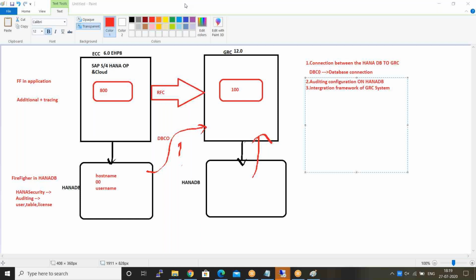Now I'll go through all the configurations in detail. Keep in mind these settings are the most important when you're doing a first-time configuration. Even the second time, whichever connections you have, you want to cross check them. Now I want to do firefighting. So where do you do firefighting? You can log into the, okay, sorry, once again, here what happened.